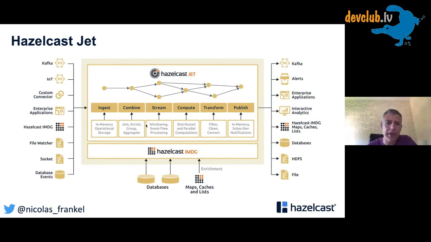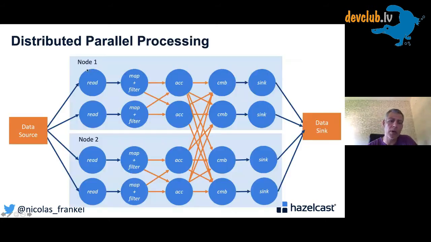As I mentioned, Jet is able to parallelize your workload not only inside a node on different processors, but also on different nodes. So there are some operations that it can distribute. And of course, if you know that a specific operation cannot be parallelized, you have an API to let Jet know: hey, this must run on a single node on a single processor, otherwise there will be an issue.